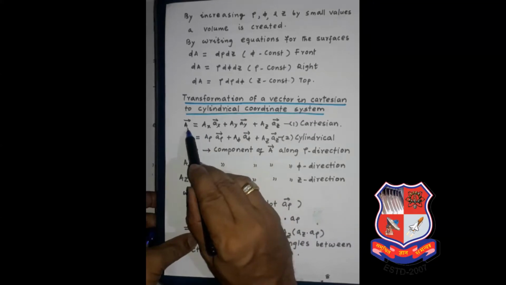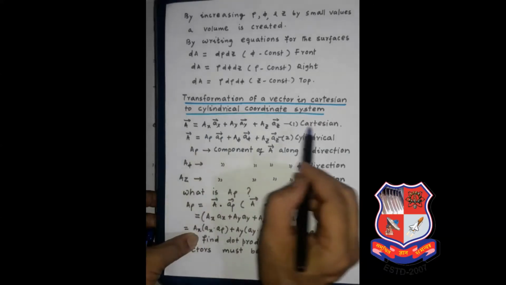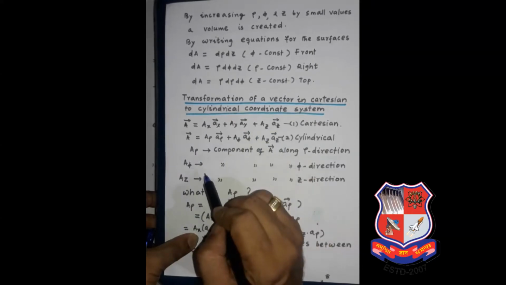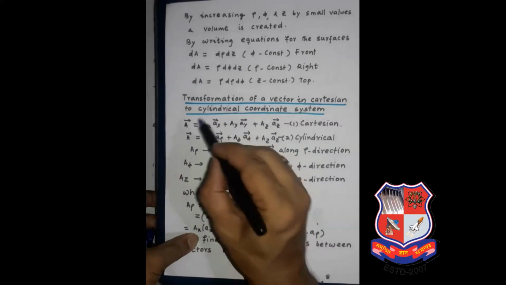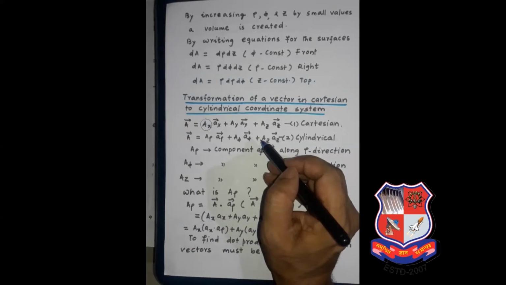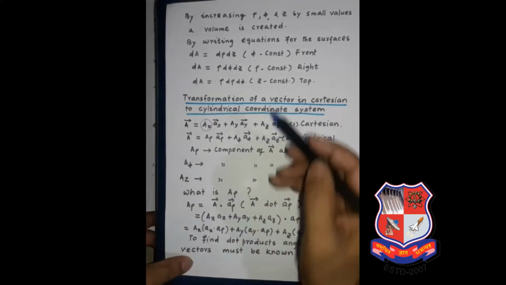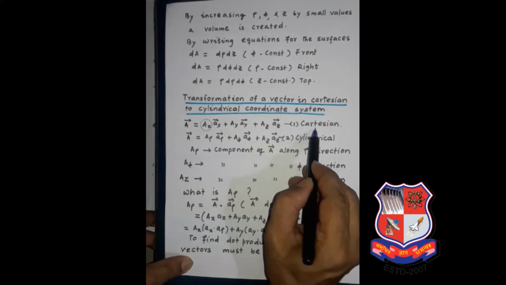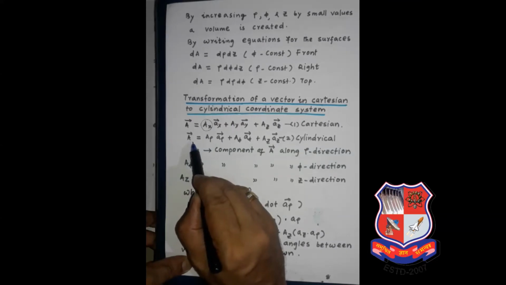So here I have taken an example in a generalized expression. If A is a vector given in Cartesian, Ax plus Ay plus Az. In numerical problems you will find sometimes these Ax, Ay, Az are numerical, that means numbers, or in some expression like x square y, x y square, x cube y, in this way. So to convert this particular expression, a vector which is given in Cartesian, into cylindrical system, we know that